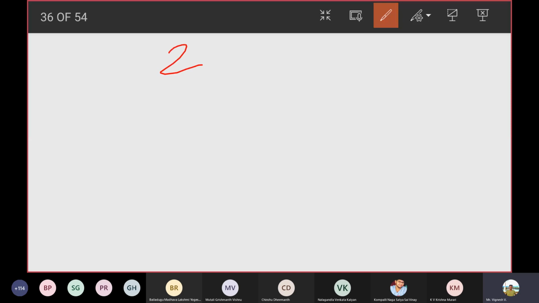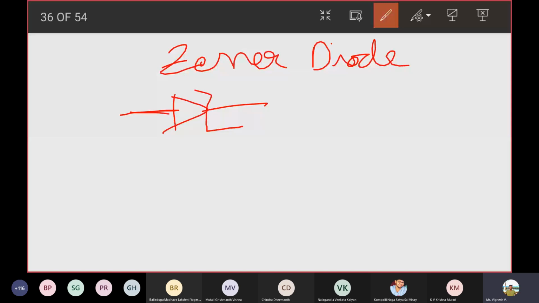So, Zener diode, right? The symbol is this, as you might already know. You may be very familiar with this symbol at least, right? So the very important point in a Zener diode is you want to operate this particular diode in reverse bias